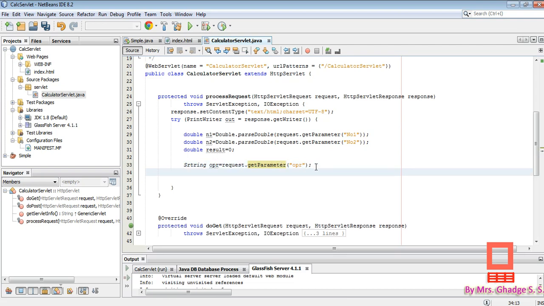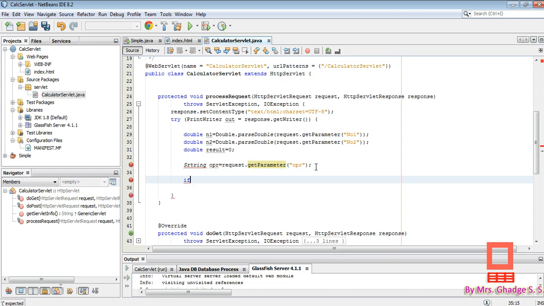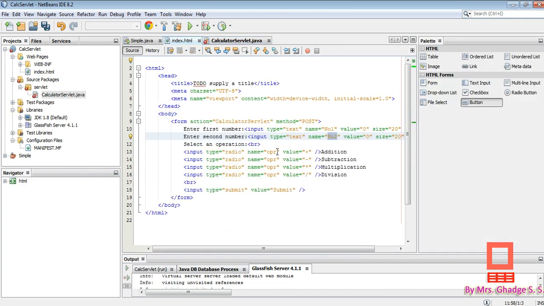Okay, next we have to check which option we selected. If opr.equals, meaning if the user selected addition, we check if opr.equals plus. opr may be plus, minus, star, divide.